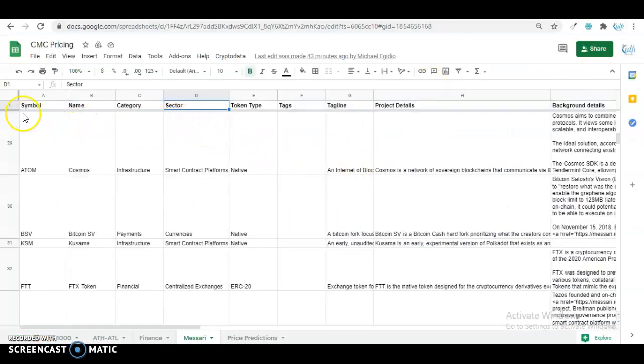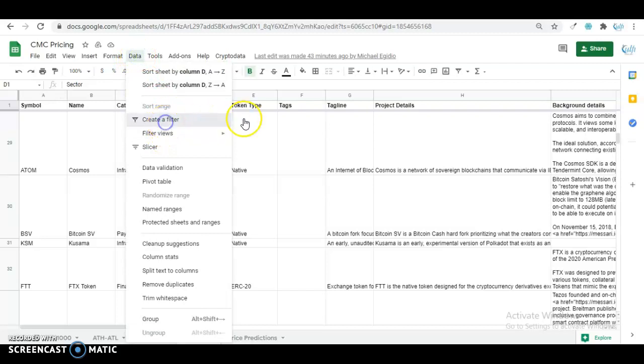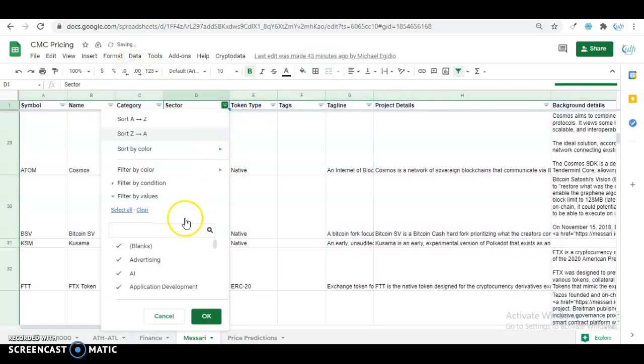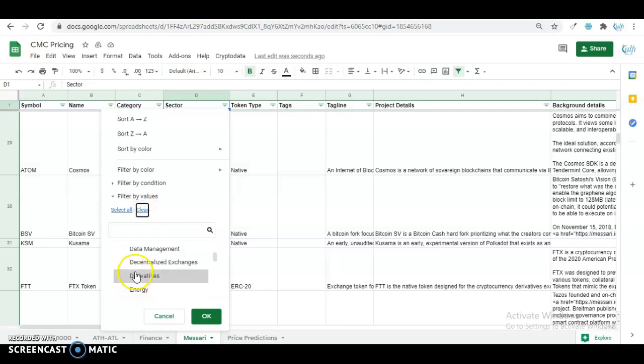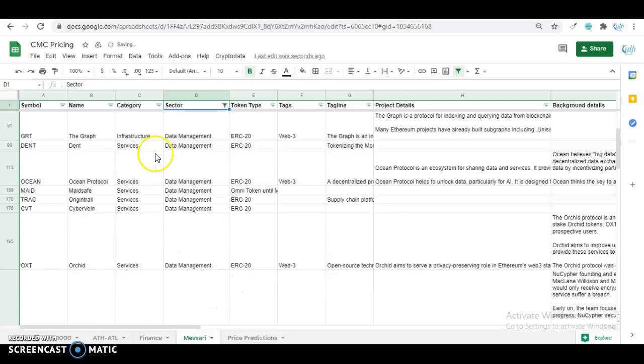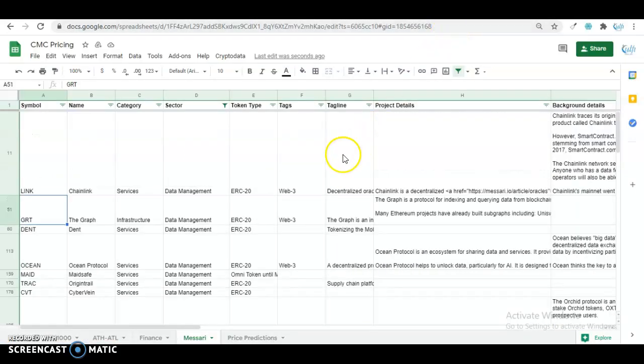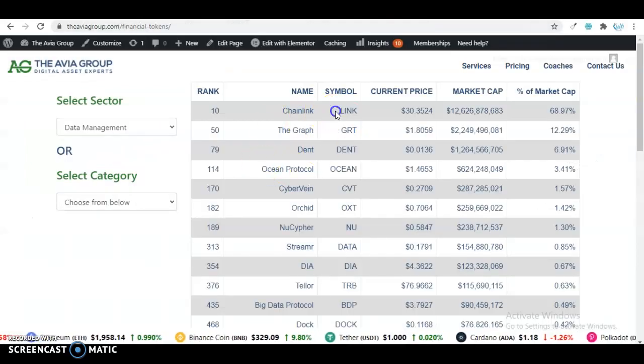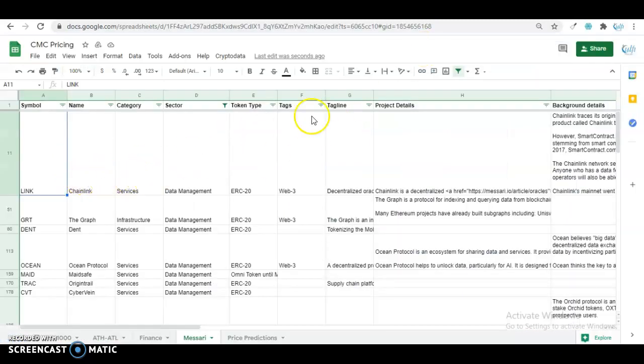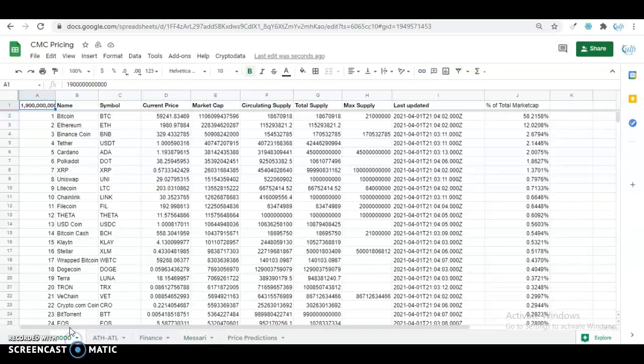So let me just show you quickly. So it's data management. Okay, so you see it starts from GRT, and GRT is over here. It starts from link, so link is over here, right? So it copies the name and symbol from here, and then what it does is it fetches the other data